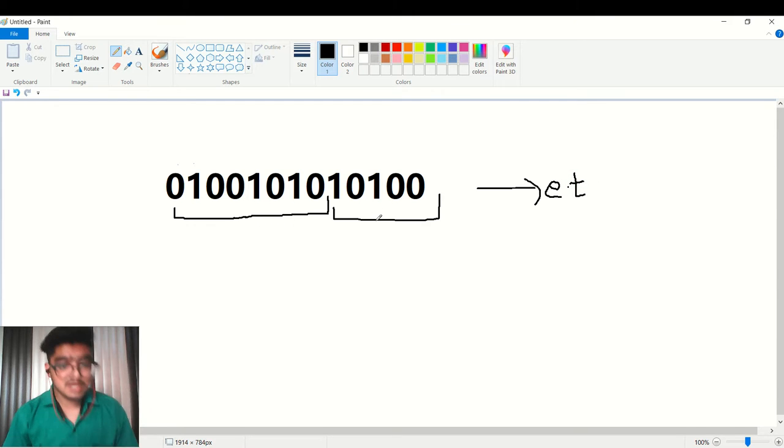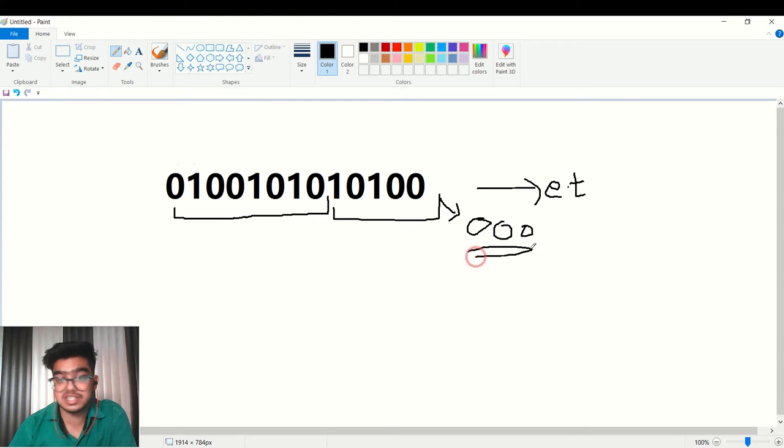Now what does padding actually mean? When we are converting this encoded text into bytes, what actually happens? The first 8 bits are converted into binary, and the remaining 5 are also converted into 8 bits, like we are adding 3 extra zeros which we don't actually know.